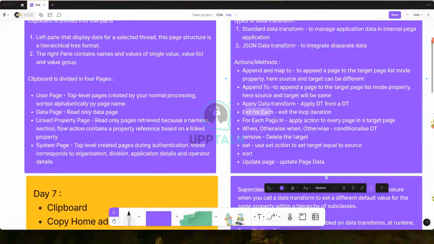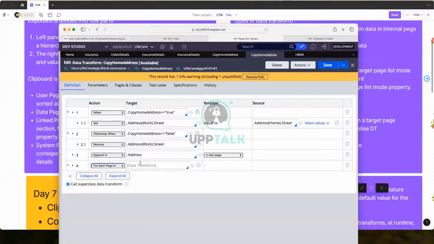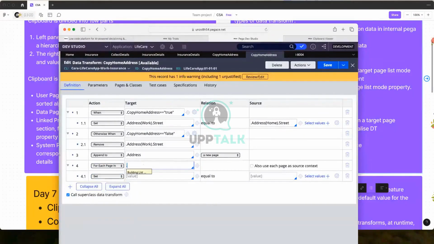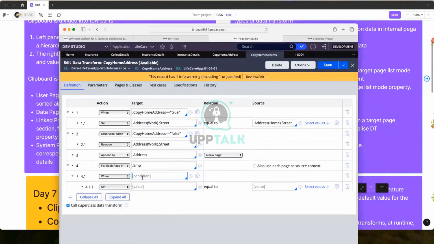Next, the for loop. Before this one, we have to go through this. When I said each page in, that means I am looping through the page list. Suppose there is an address list or the employee list. There is an employee list. I want to loop through it and I want to check. I will add a when condition. Add date of joining equals